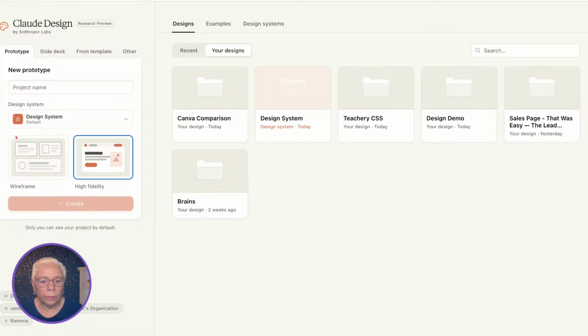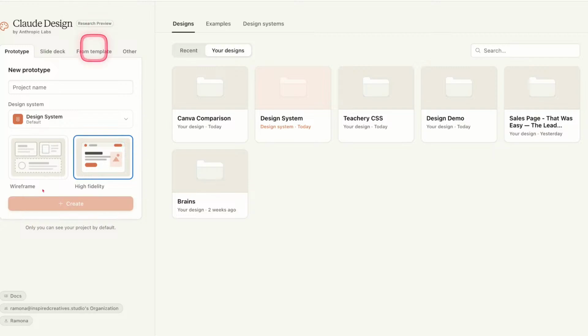Okay. All right, it doesn't want to. I can do that. Okay, so now let's look at this. You can make a wireframe. I haven't tried the wireframe yet, or high fidelity. I've stayed in the high fidelity. And if you notice up here, you've got, I'm going to try and,